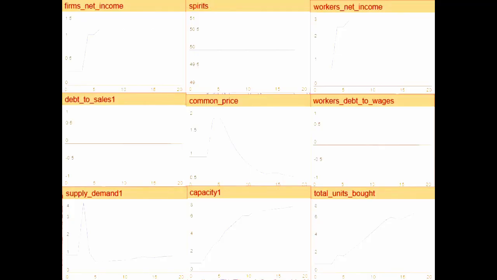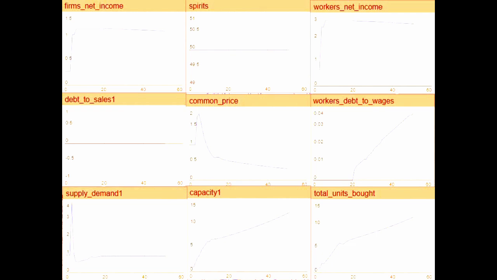First, let's see what happens if essentially we take out spirits from the whole model. We'll set spirits equal always to 50. If you remember, that is the balance point where people are neither optimistic nor pessimistic, and as a result they're not inclined to borrow and they're not inclined to save. They'll just generally spend the amount of money they got in from their last period. Well, if we do that, we'll watch the economy evolve as it's doing now, and you can see that it